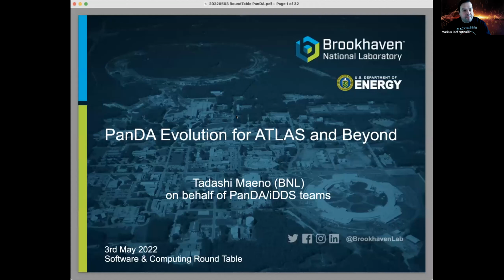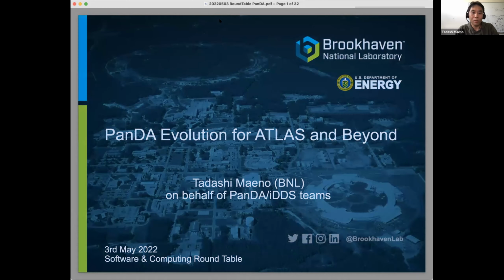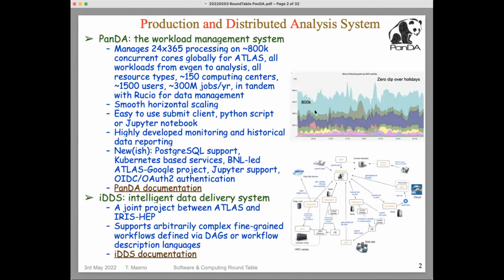Yes, so I'm going to share my screen. Okay, so let's start my video. I will talk about PanDA evolution for Atlas and beyond. PanDA stands for Production and Distributed Analysis System. So it is a workload management system. It manages